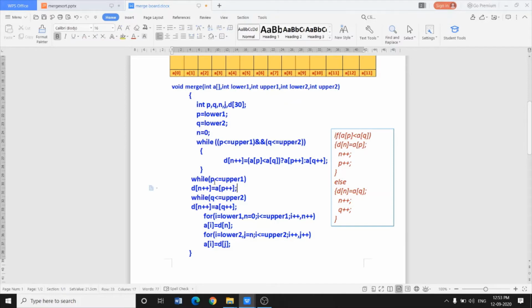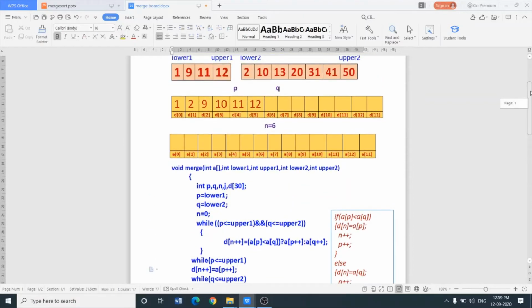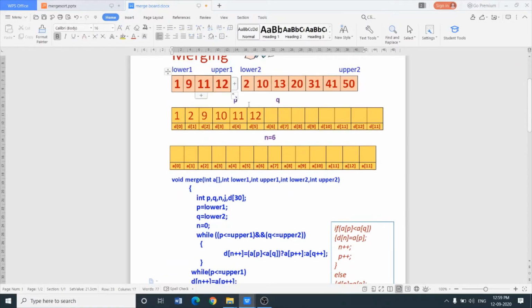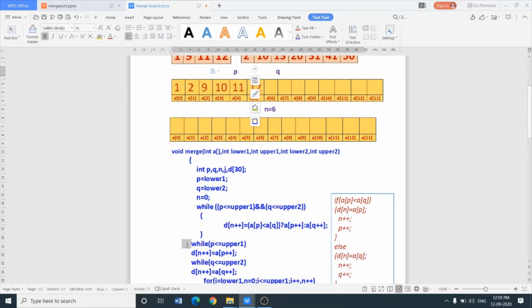That is the logic. So in our case, see, the first condition: while P less than equals to upper 1. Is P less than equals to upper 1? No, P is greater than upper 1. So this condition is false.